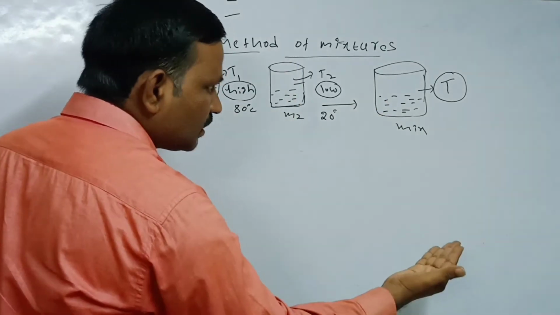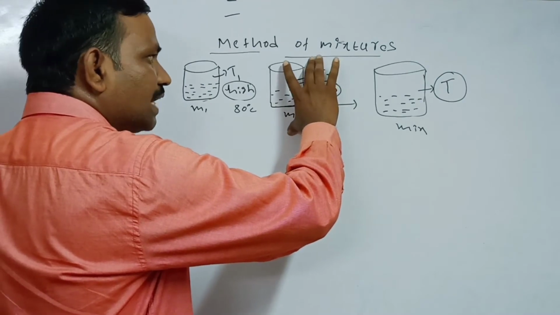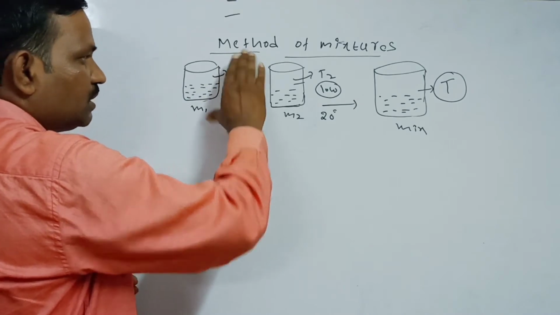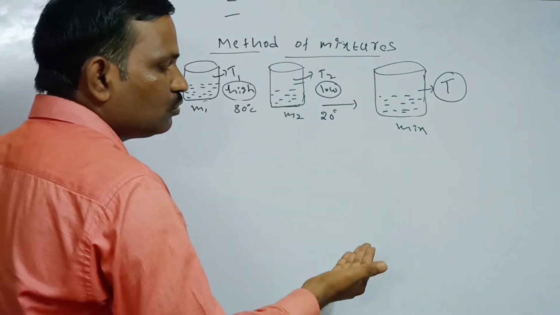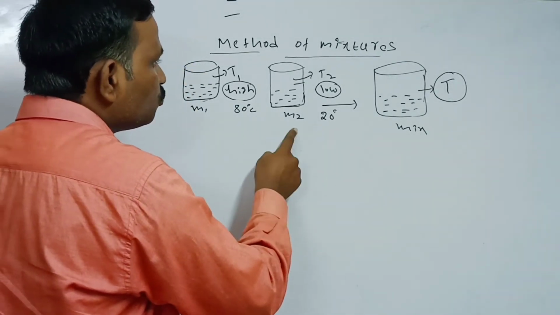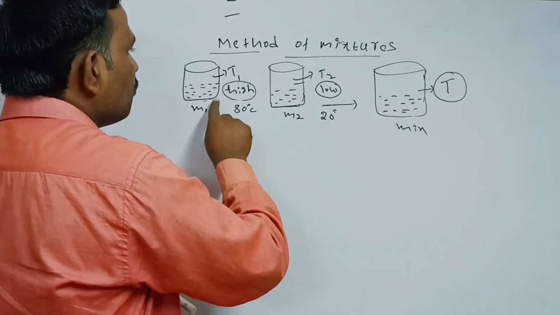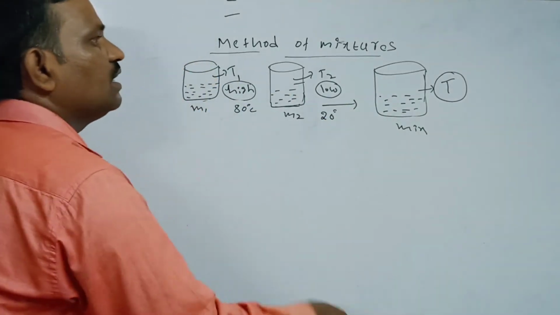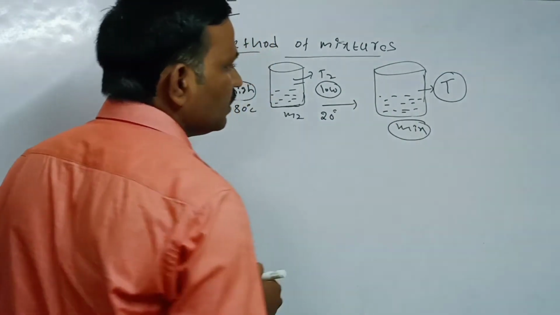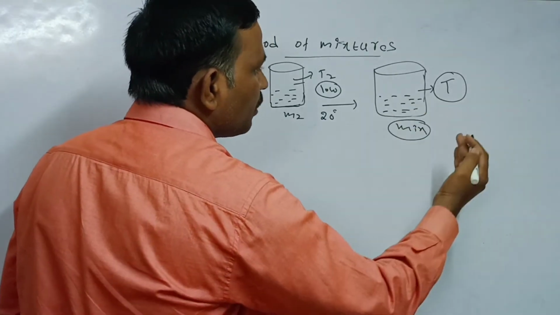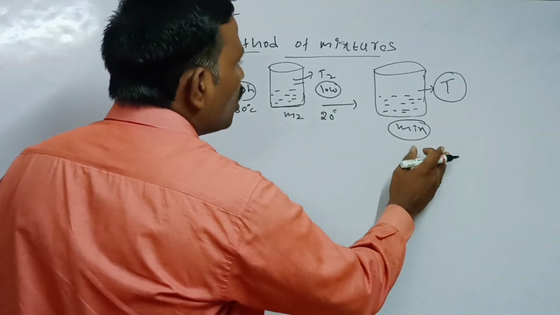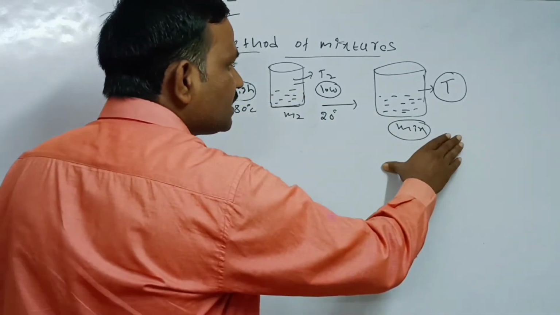In order to bathe, we will not use tap water directly, which is at 20 degrees Celsius, and we will not use boiled water which is at 80 degrees Celsius. Before bathing in the washroom, we will mix the water of these two beakers. We will mix boiled water with the tap water, then a mixture will be formed. Then the bucket of water contains a new temperature. It will not contain 80 degrees Celsius or 20 degrees Celsius. It will contain a medium temperature.